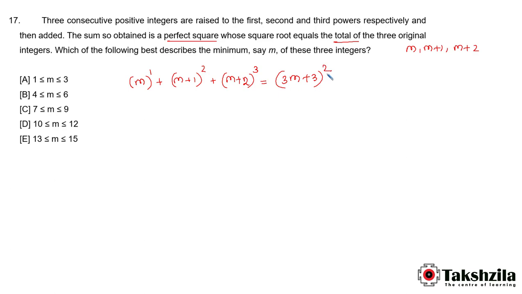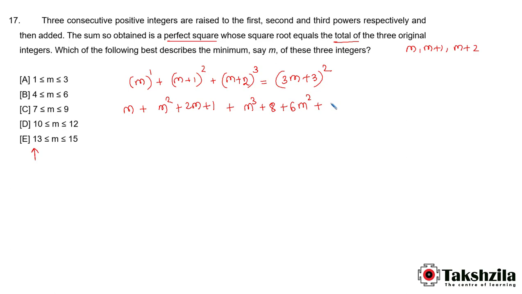So let's solve and we need to find the minimum possible value of m. Let's have a look at it. We need to find which condition m should satisfy out of these 5 options. So let's expand this. This is going to be m, this is going to be m square plus 2m plus 1. Now (m plus 2) cube is m cube plus 8 plus 3 times 2 times m square